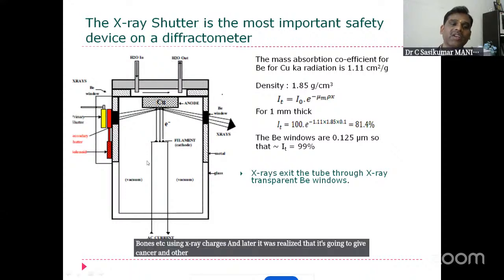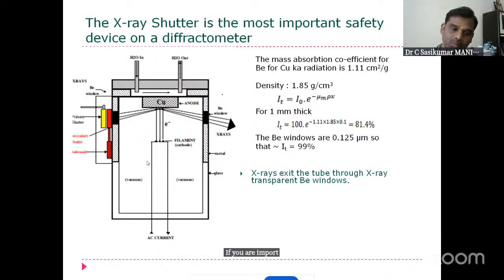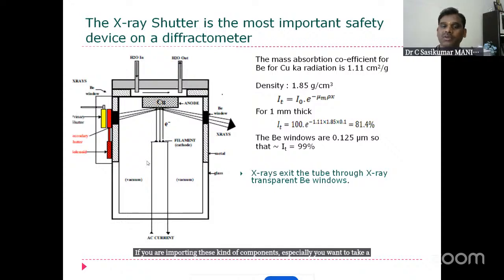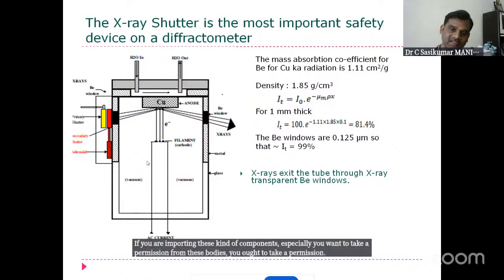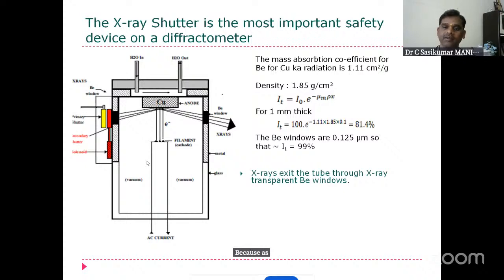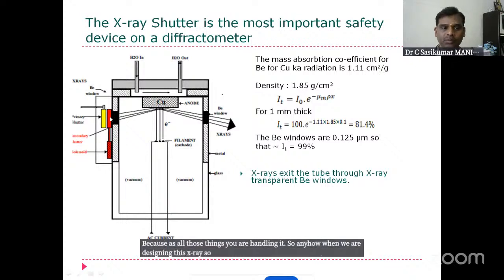So that's where very high safety is required. Of course, in India we also have the Atomic Energy Commission, where if you are importing these kinds of components, you have to take permission from these bodies, because you are handling hazardous things. So anyhow, when we are designing this X-ray equipment,